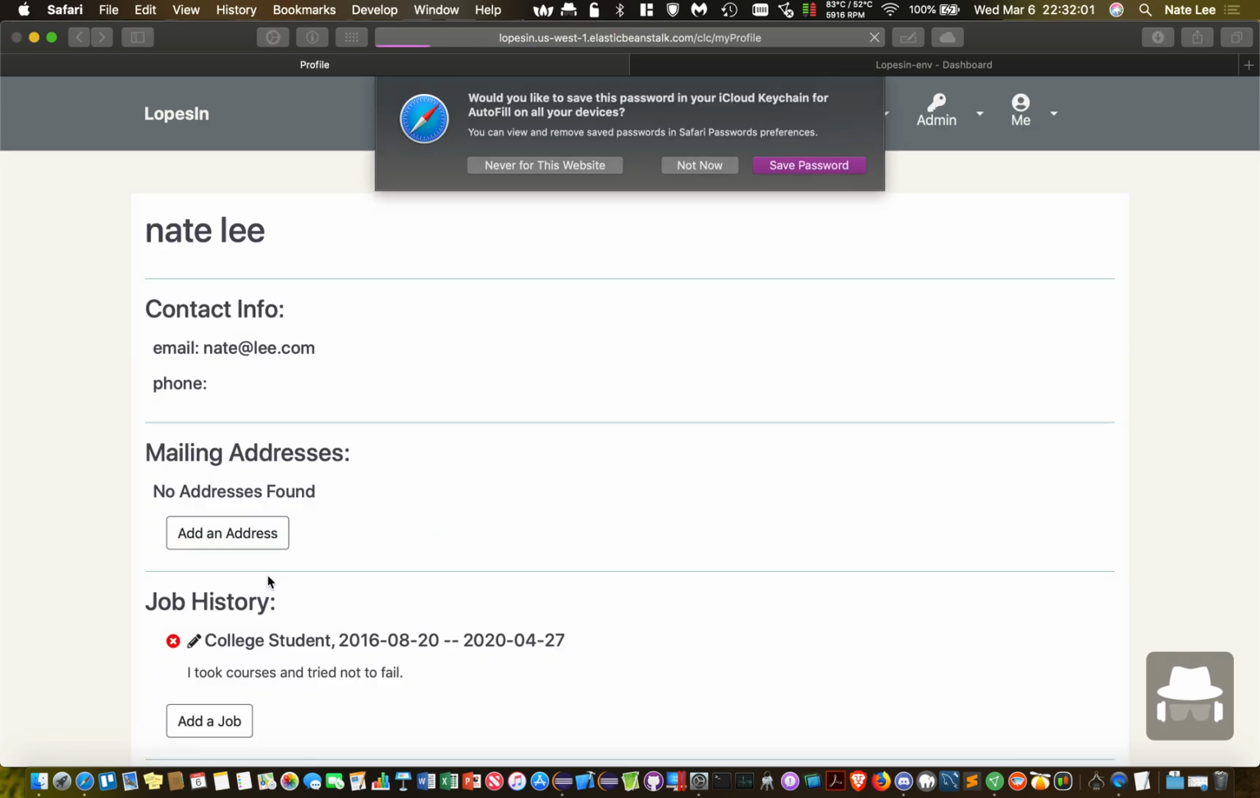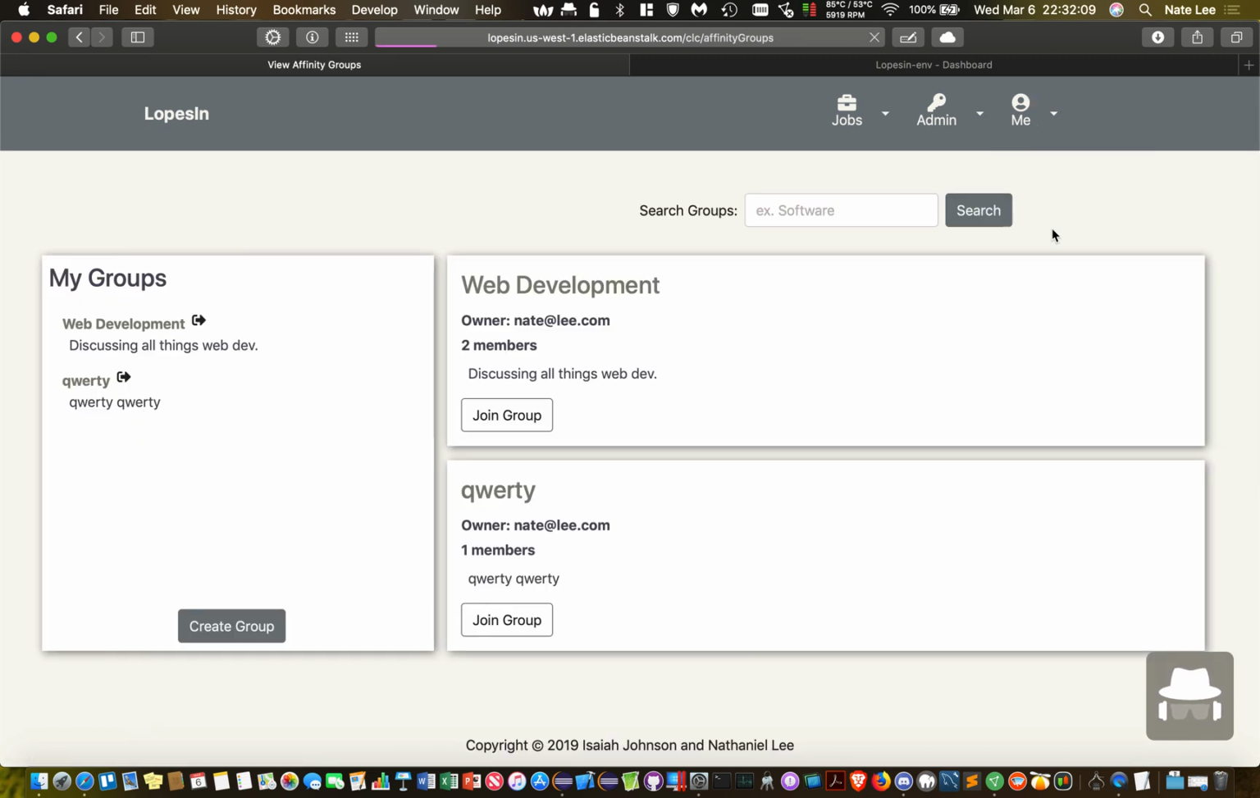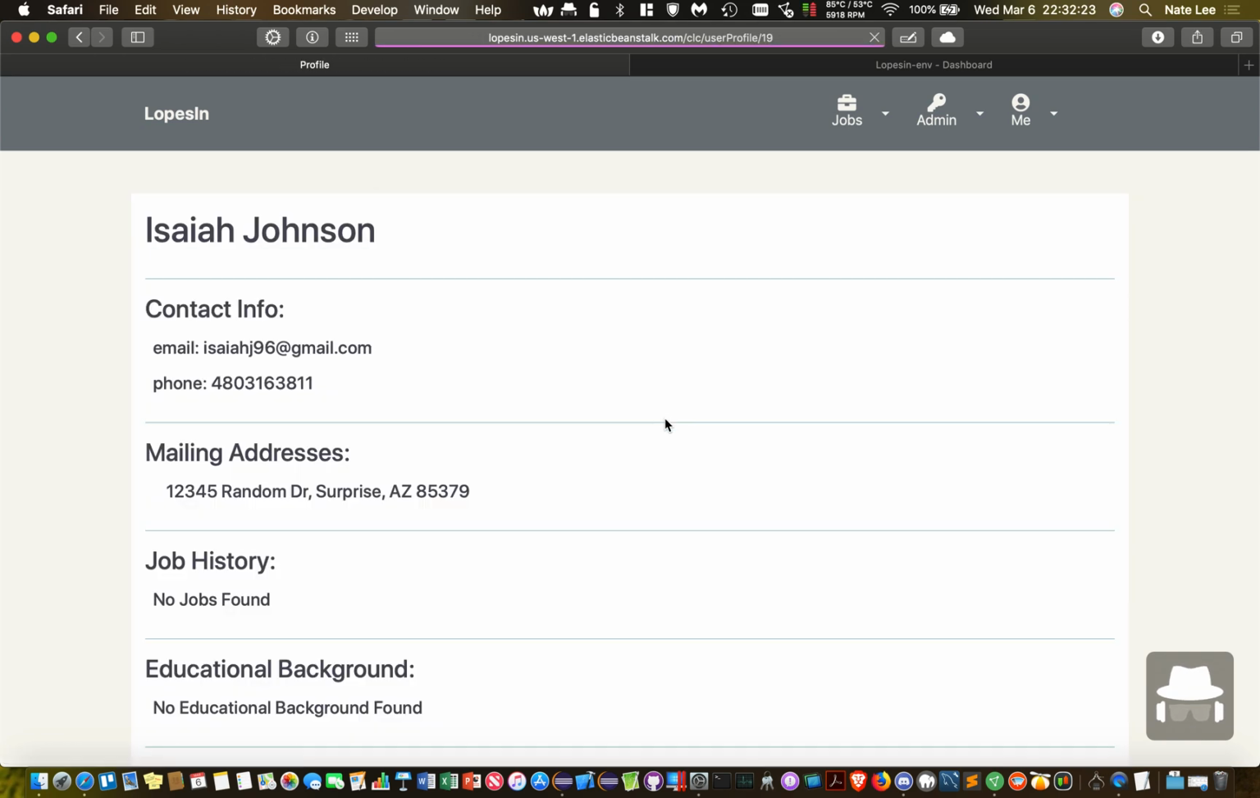Go ahead and log in with our user. So we have all our basic profile page, and we can go ahead and go on over to the Find Groups, where it'll show us groups that may interest us. And if we hover over the members, it'll show us the emails of the members that are in a group, and we can go ahead and go to a specific group, check out another member's profile,